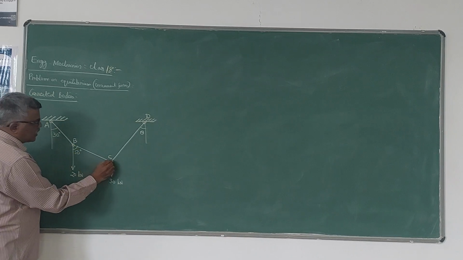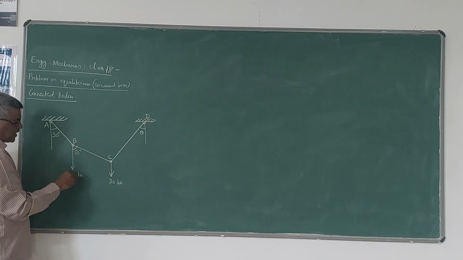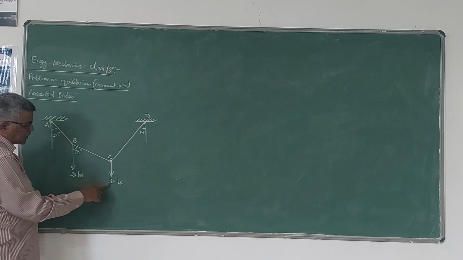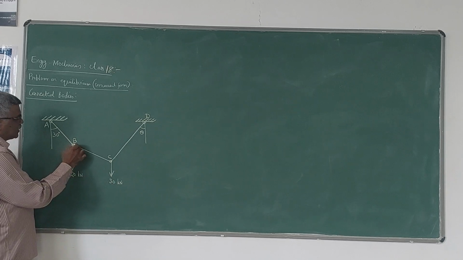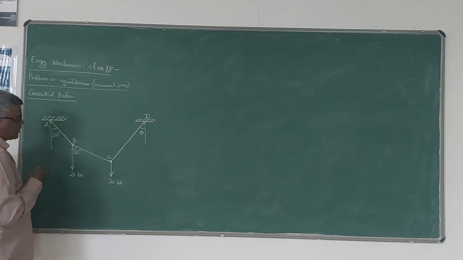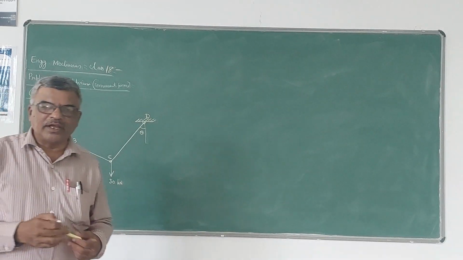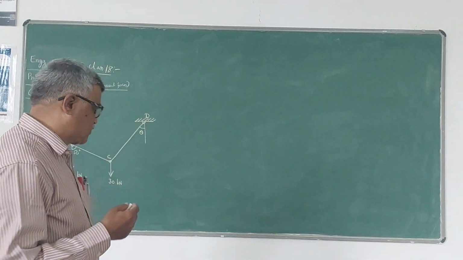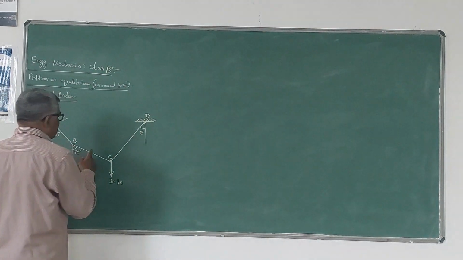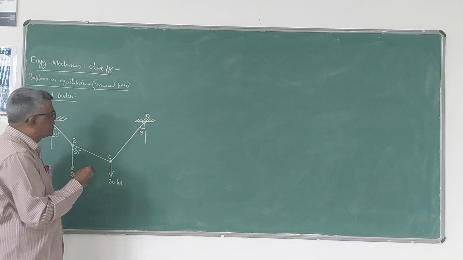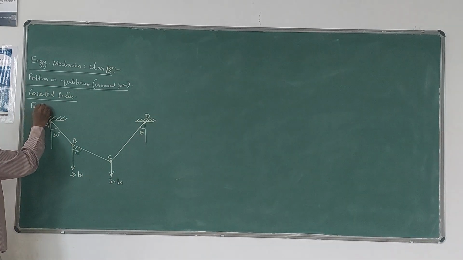At the joints B and C, there are two weights, 20 kN and 30 kN given, and the inclinations of these cables are as given. Now, you know that cables and strings are capable of carrying tension force. So the question here is, for the equilibrium of the entire system,